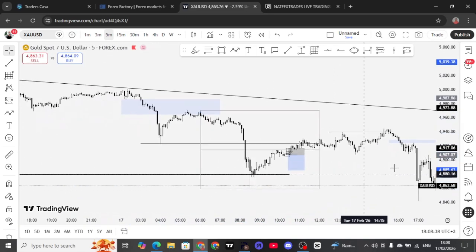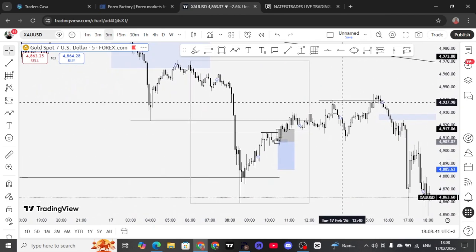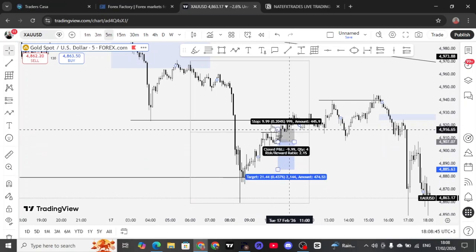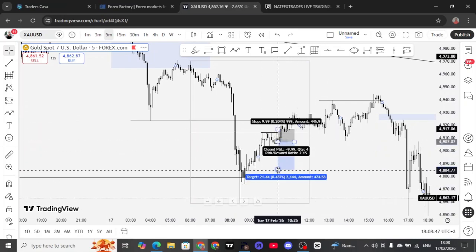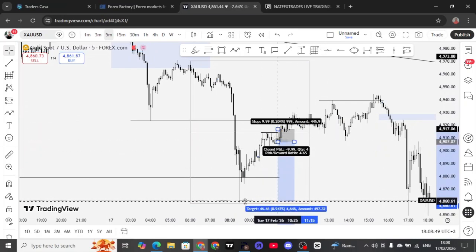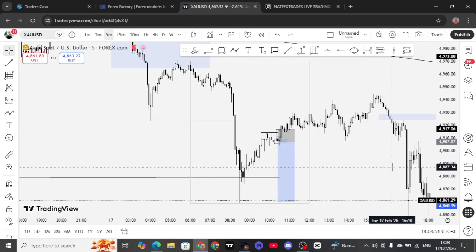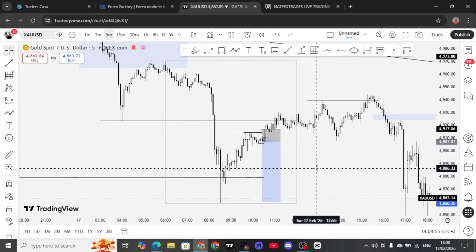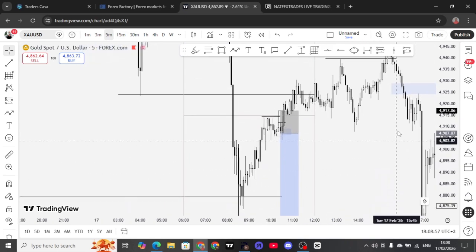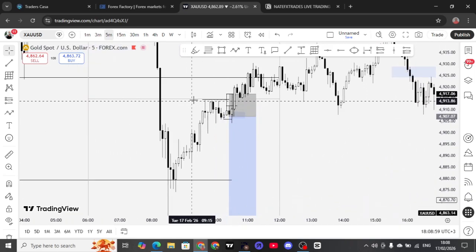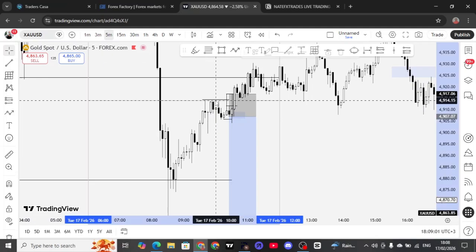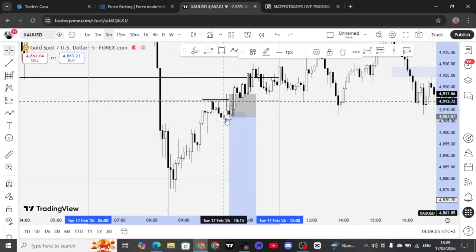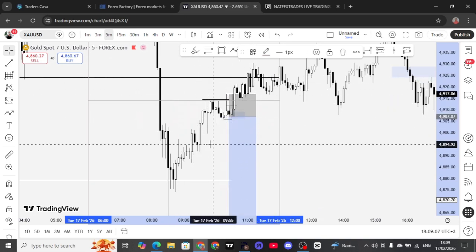Then one of my requirements is that I want the market to sweep some liquidity and then change character on the 1 minute time frame, and then I can execute. But in this particular case, the sweep that I considered this morning was this one. Okay, a sweep of a structure formed by the same internal structure.